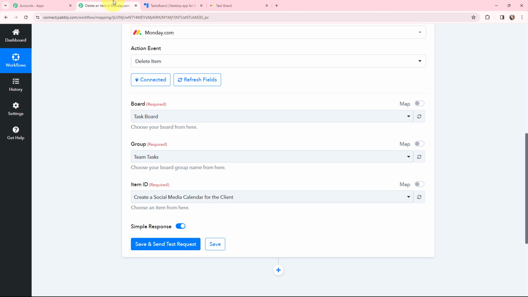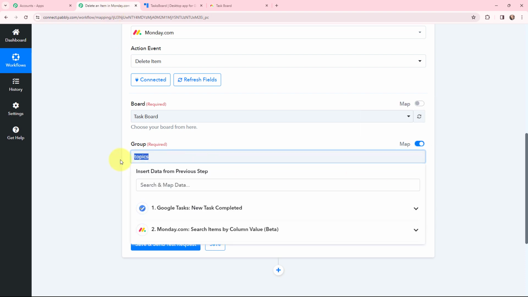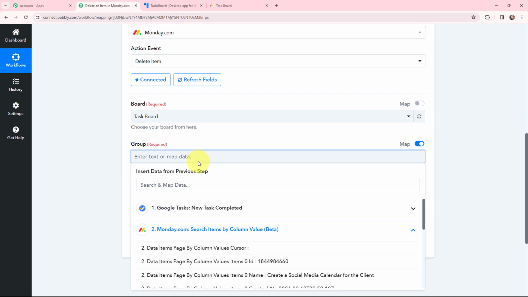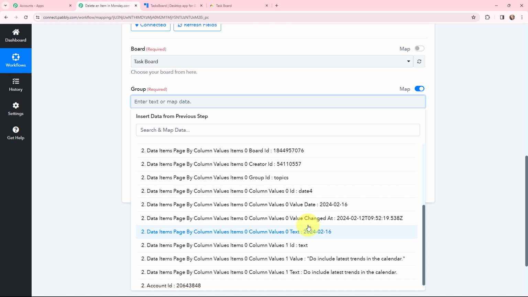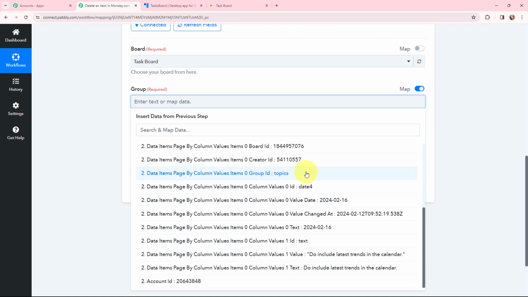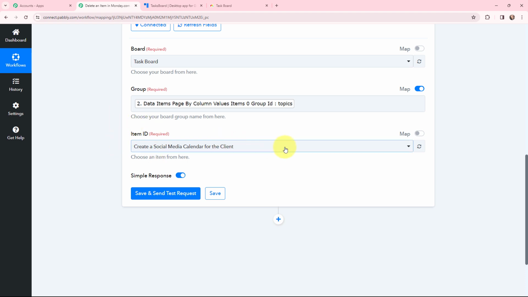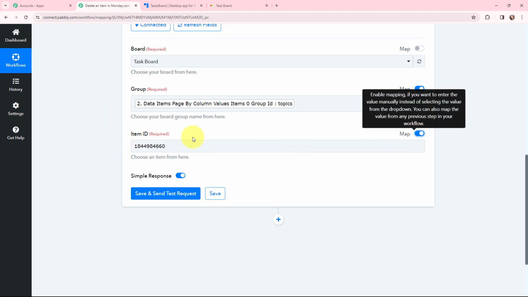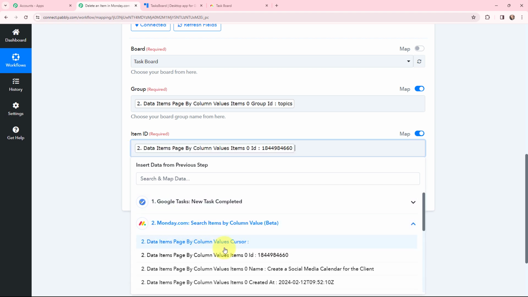So in Pabbly Connect, I'm going to click on this map button and I'm going to remove this because I've received the same from the response from monday.com in the previous step. So here I'm going to map it from the response which I have received. Over here, this is the group ID and I have mapped it. And now moving to the item ID. So again, I'm going to turn on this map button, remove this ID over here and map it from the response I have received